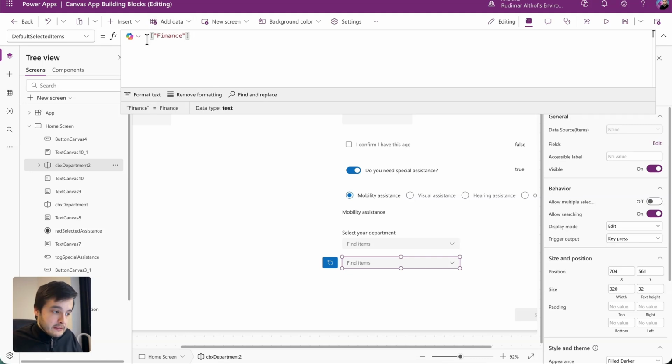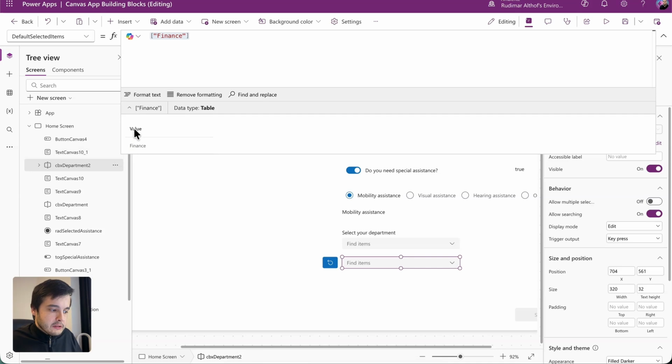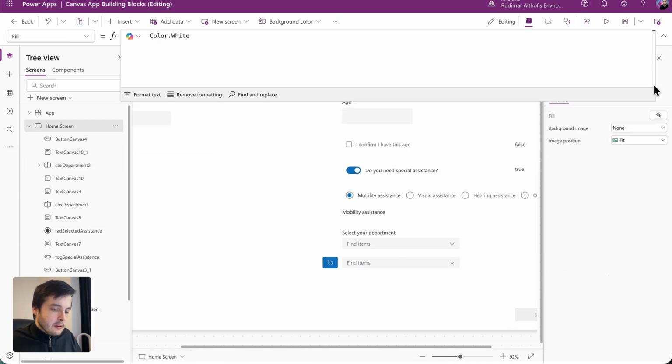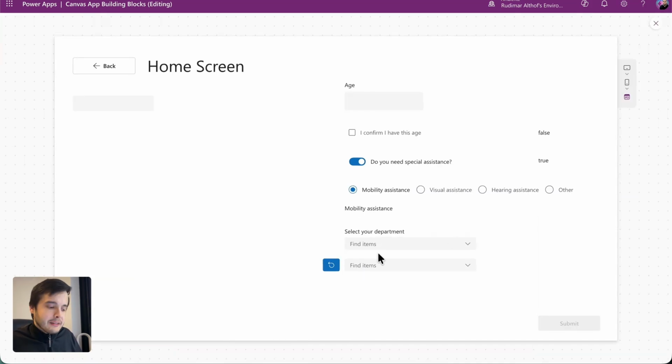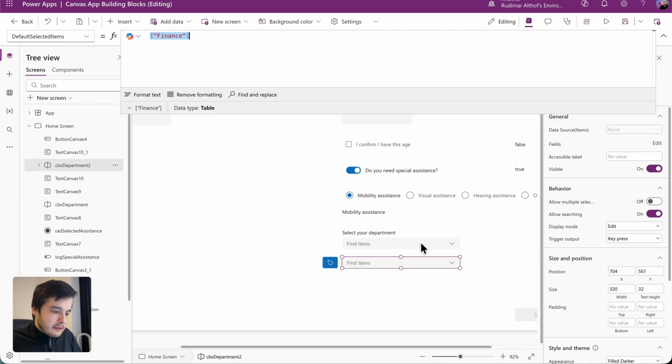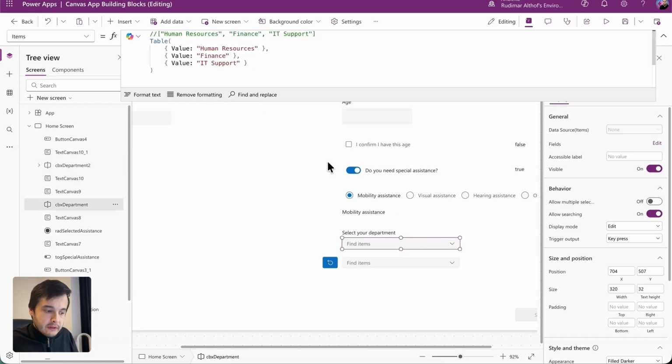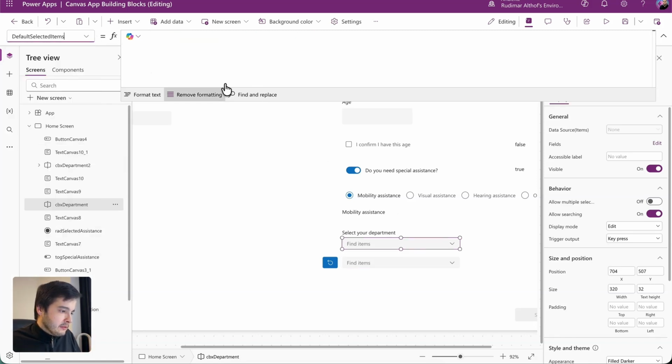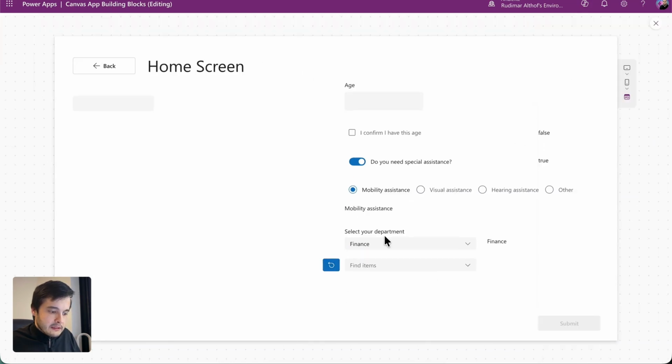Well, since I put like this, it's a table with one column that has the value column. It's implicit here, but I know that the value is finance. Now if I click on reset, it didn't work because this one has more columns in the table. It's not just one single column. If I put this one in the first one that has only one column called value, it might work. Let's see. Default selected items, then I paste here. And if I click on reset, that one works